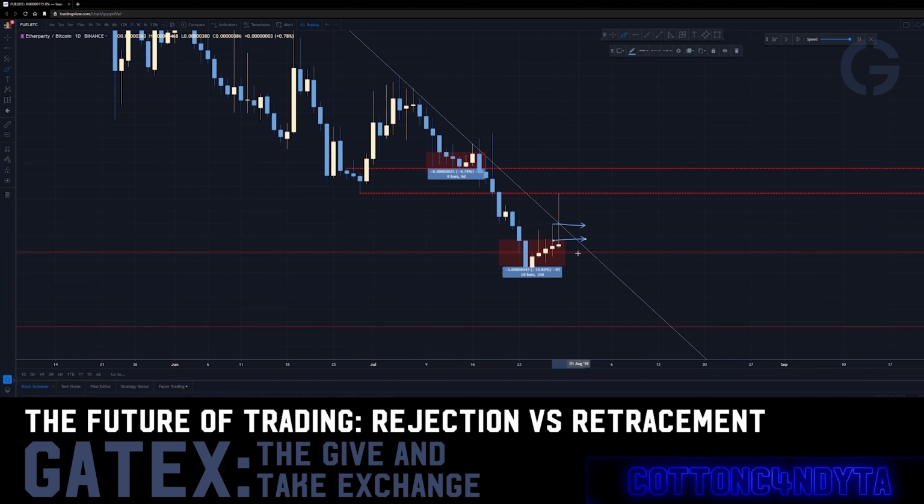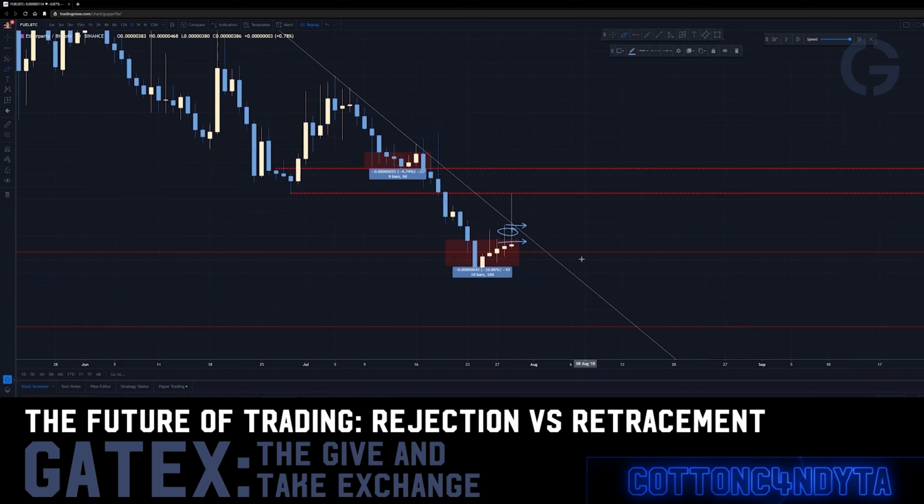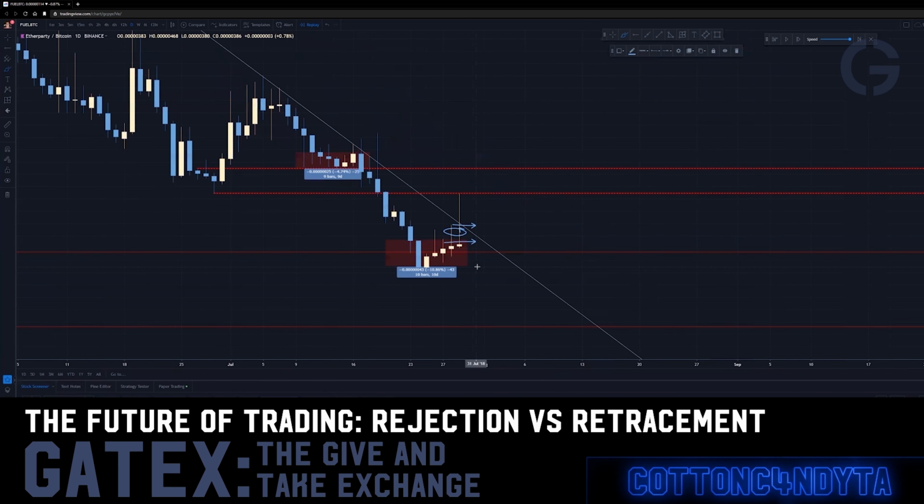Both of those have broken down, and this has lost the ability to hold its move, which means that this has already back tested all the legs that have been created. So within this hold, there would have been a leg on the way up here. And within this pseudo hold right here, this valley that's inside of these two days, there would have been another leg in the move somewhere around where that arrow is. So you have actually broken legs in the move before the failure has even happened, before you can even see the failure. When you are testing out of this trend, you can see that this thing is already done and it's ready to move down.